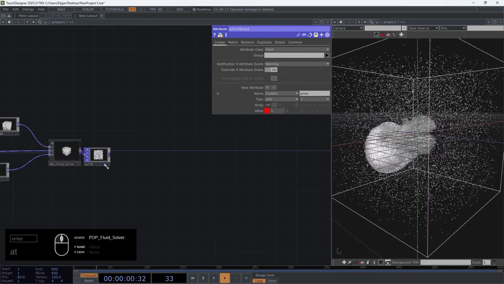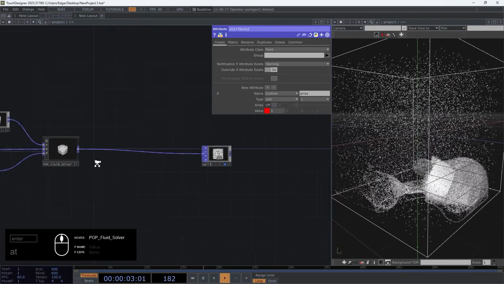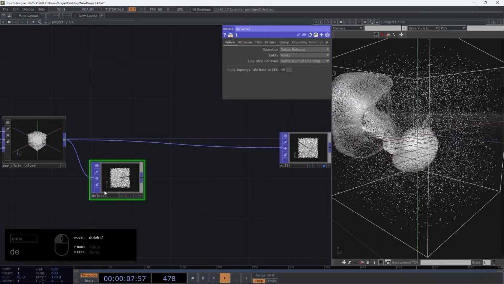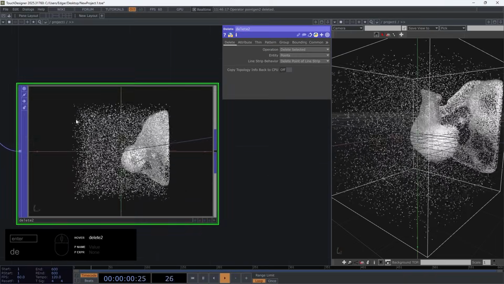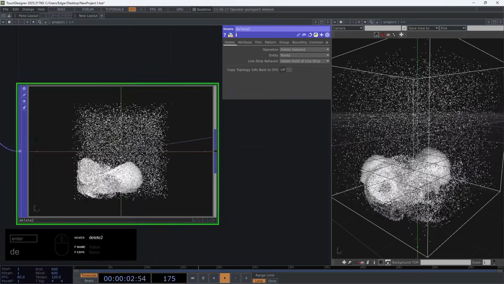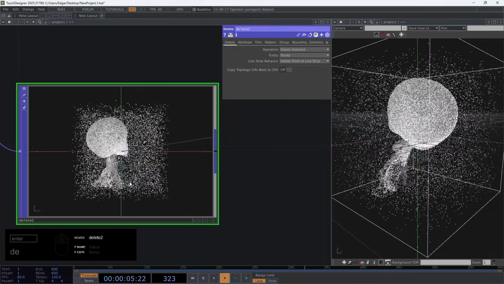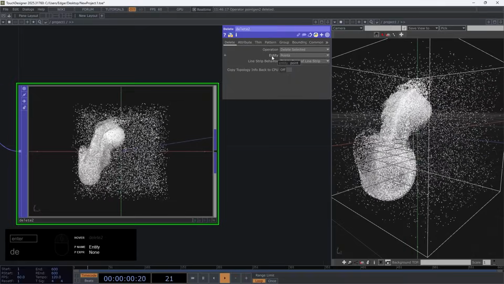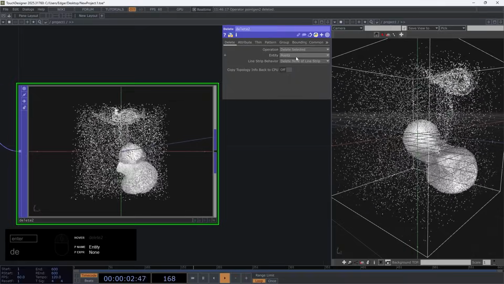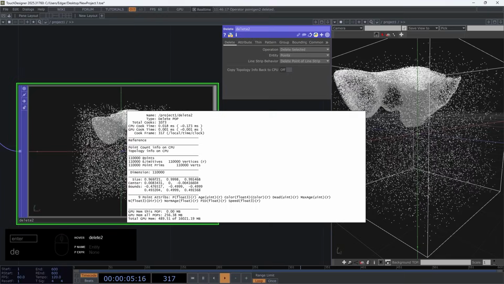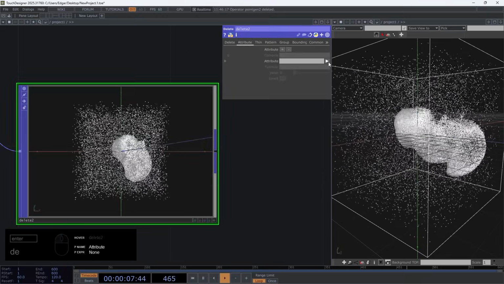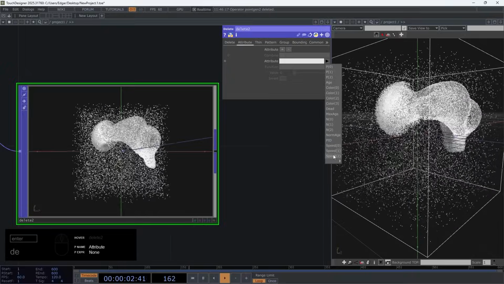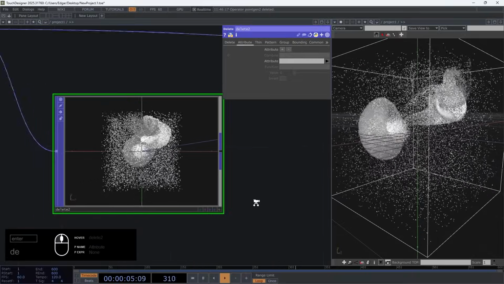Perfect. So now we're gonna go here. After, I'm gonna use a delete pop, and I want to delete first, let's say, the smoke inside. So I want to delete what's selected. Entities, we want to delete points. We only have points here. And in terms of attribute, I want to delete according to the prox attribute we created, but we don't see prox here. Because